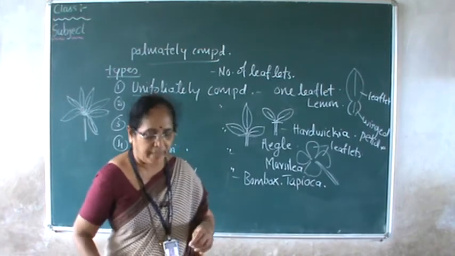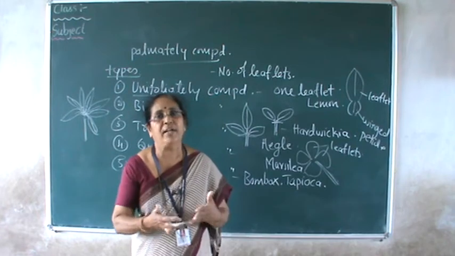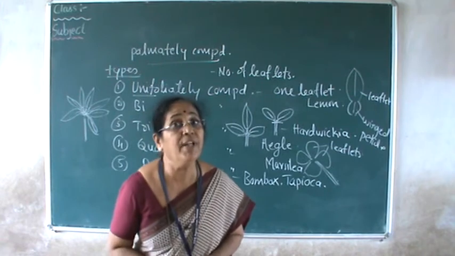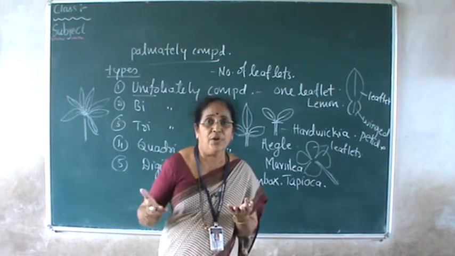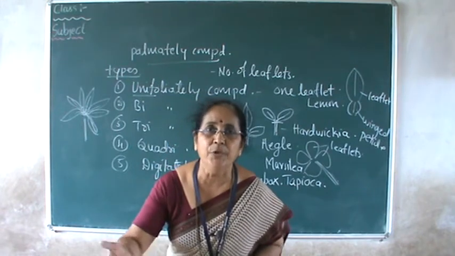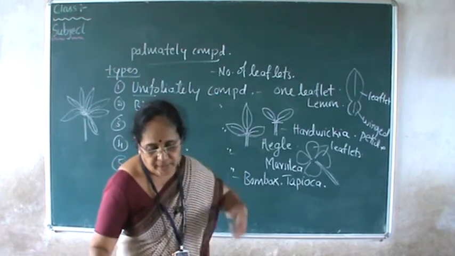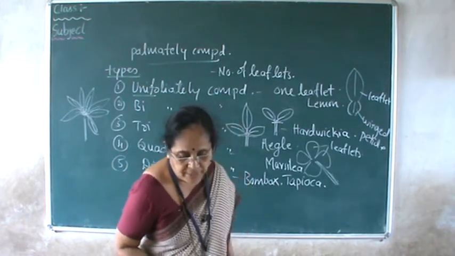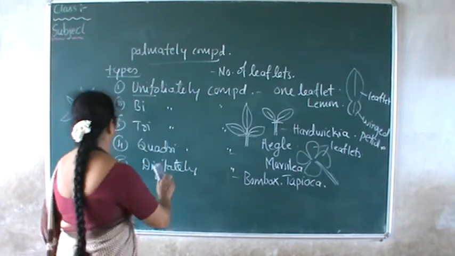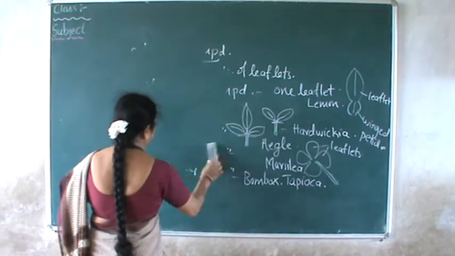So that is with respect to the leaf nature, whether it is simple or compound. Once it is compound, you have to explain all the different types of compound leaf. And apart from this, if the leaf is simple, then comes the question of the shape of the leaf, and the shape is to be described accordingly by using the technical terms. Next, let us continue with the description of the leaf itself, and the next is you have to describe the venation of the leaf. So you give the next number.